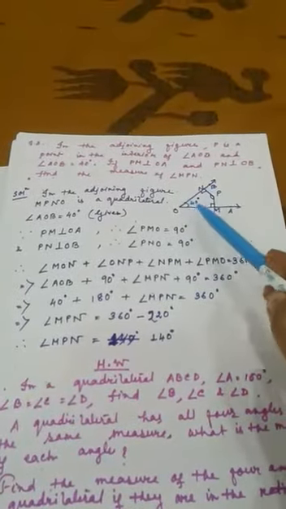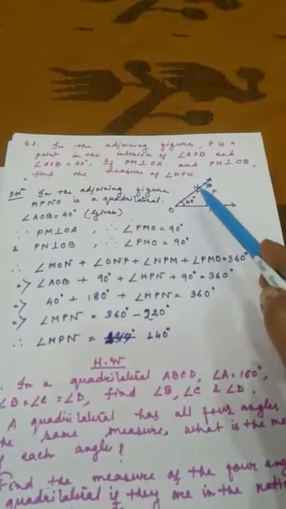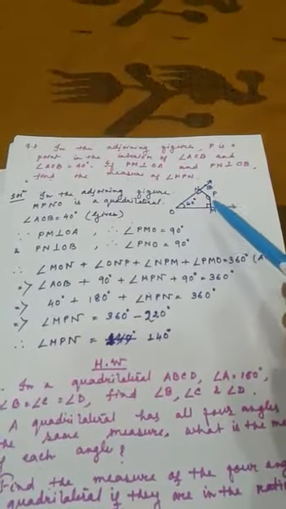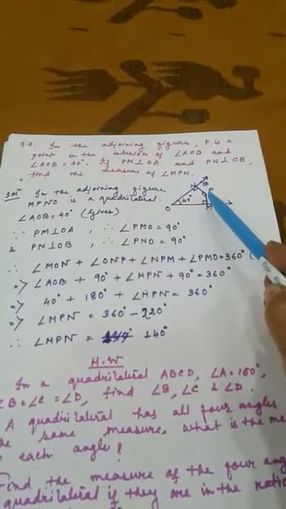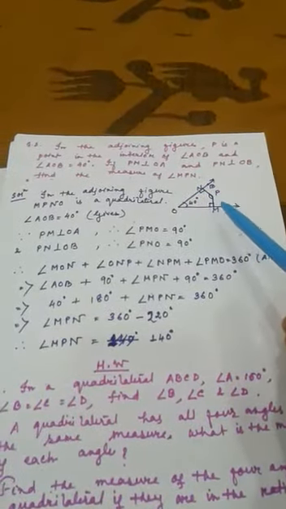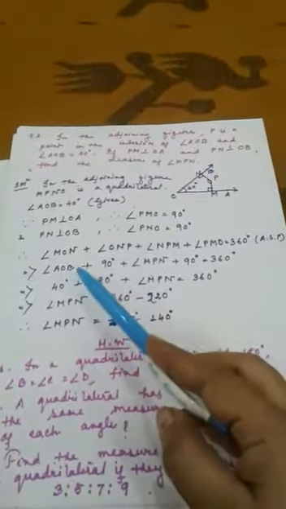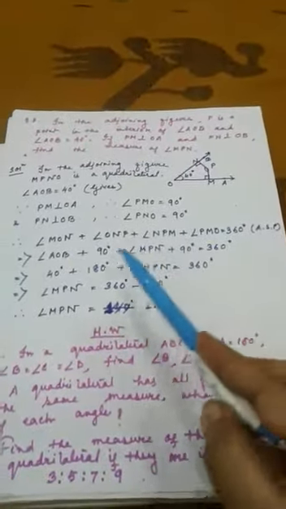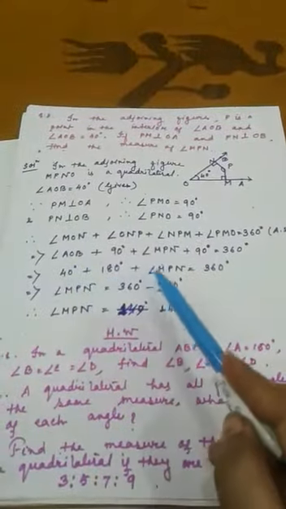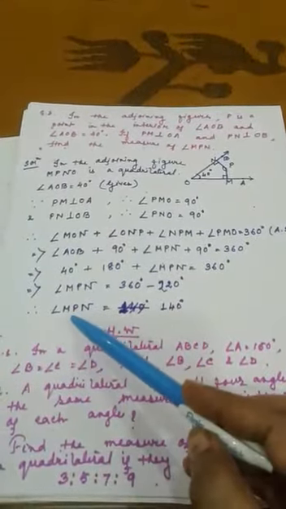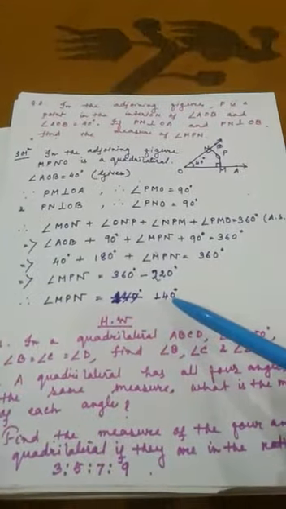So here from this quadrilateral, out of four angles, you now already have three angles: 40 degrees, 90 degrees and 90 degrees. You have to find out the fourth angle, which is MPN. Now in the same way, with the same property, you write it down in this way, put the values and find out the angle MPN, which is 140 degrees.